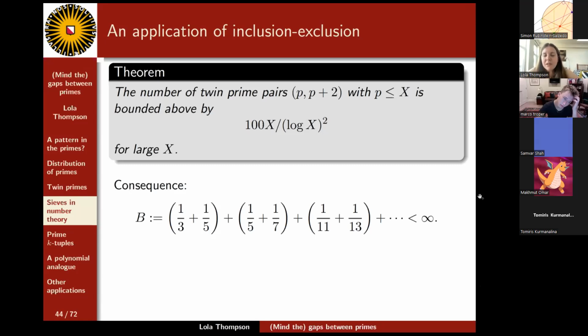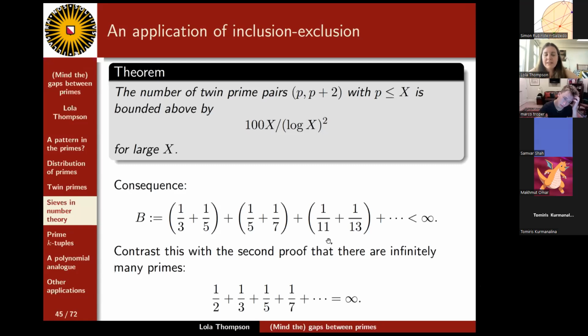And so this might be a bit surprising if you go back to our second proof sketch, that there are infinitely many twin primes, because remember that the sum of the reciprocal of all primes was infinity. And that's what told us that there were infinitely many primes. You might be tempted here to look at the fact that this sum converges and to think, okay, maybe this means there's only finitely many twin prime pairs. But actually that wouldn't be true, or at least you can't conclude that from this evidence,